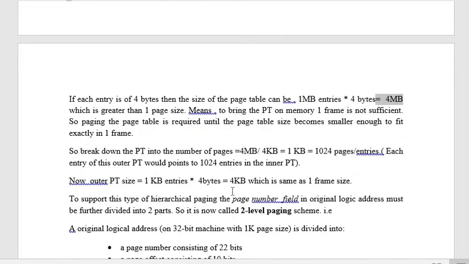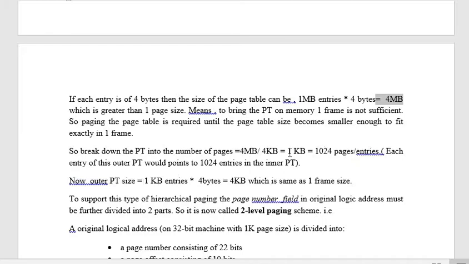So now we need to calculate. You got to know, right? When we divide this 4 MB larger table again into page sizes, it is going to get so many pages to be stored in the outer table. Now we need to calculate what would be the size of the new table, so that all those 1024 entries can be represented. For the new outer page table, again assume 4 bytes are required to represent the inner page table entry. So how many entries did it get divided into?